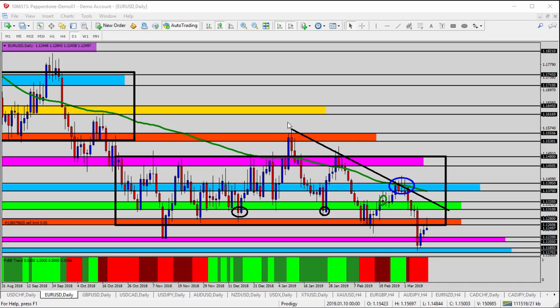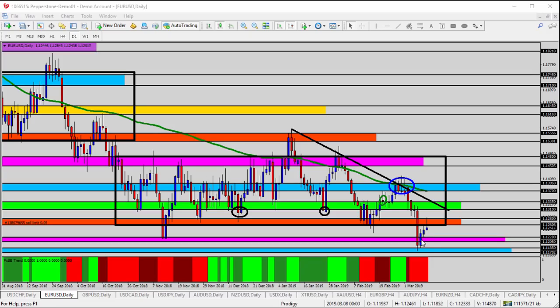We go to the top of the black trend line all the way up here into the mid 1.15s. We saw the first leg of the downtrend, made a little bit of a rebound back to the 100 period moving average, then fell back down, a new leg of the downtrend, new low. It came back up to the 100 period moving average and the black trend line right here, into the blue shaded area where the blue circle is. We made a third leg of the downtrend as it pressured lower,